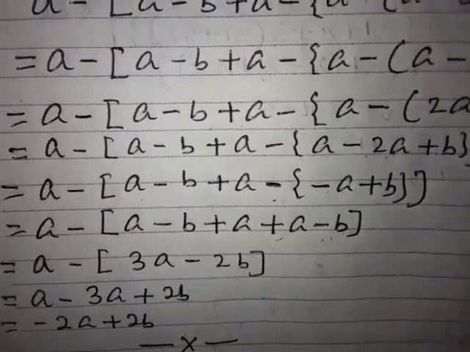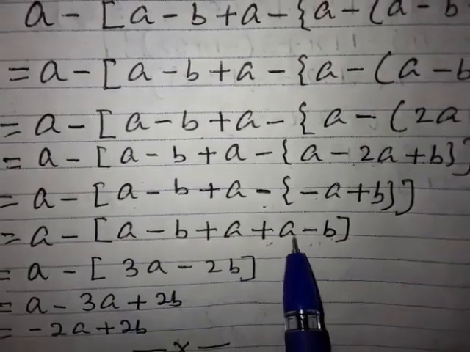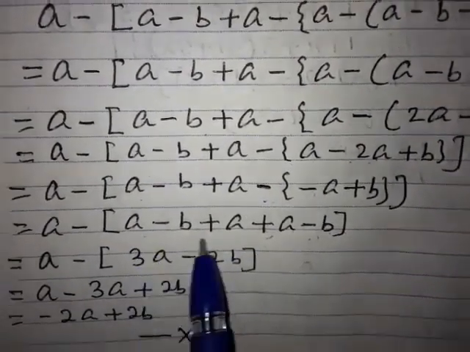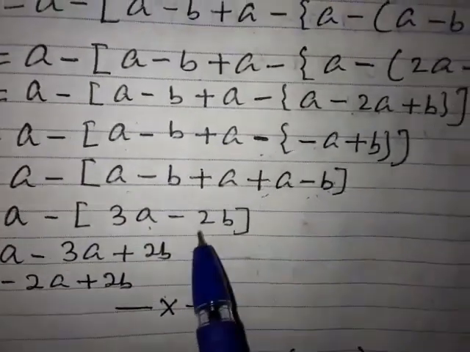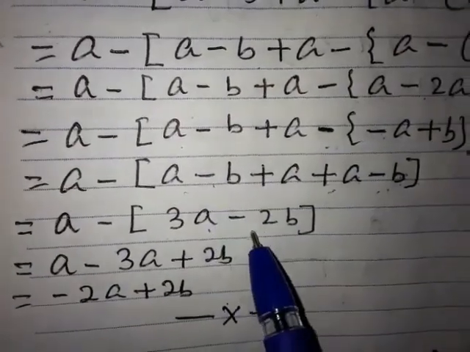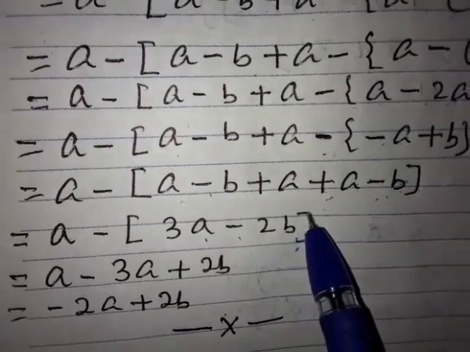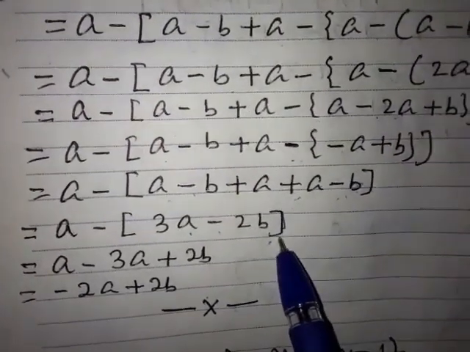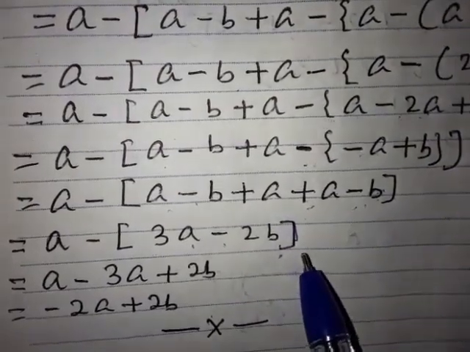Now you are going to do the calculation of the third bracket. When you do the simplification of the third bracket, like term will be added with like term, a plus a, you must have noticed 3a, and minus b. So both the numbers have the same sign, no multiplication, no division sign, put the sign and add them. I did these things already. Now we are going to remove the third bracket. Whenever you are going to remove the third bracket, same rules. Repeatedly I am telling you so that you will not forget it.